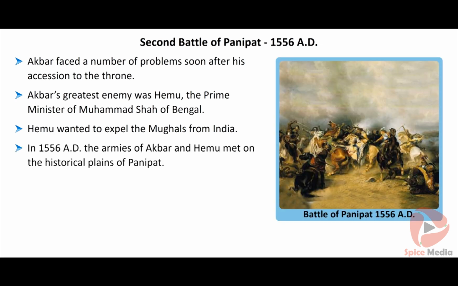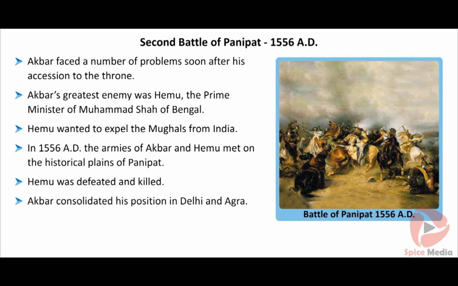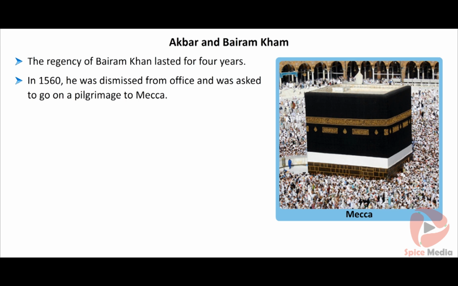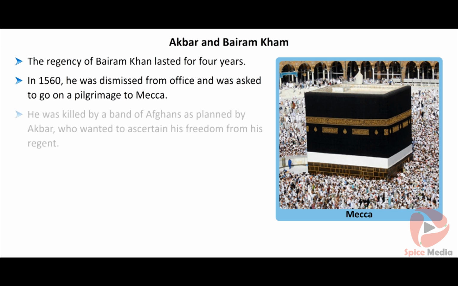In 1556 AD, the armies of Akbar and Hemu met on the historical plains of Panipat. Though Hemu was in an advantageous position, finally he was defeated and killed. Akbar consolidated his position in Delhi and Agra. The regency of Bairam Khan, which was responsible for the re-establishment of the Mughal Empire, lasted for 4 years. In 1560, he was dismissed from office and was asked by Akbar to go on a pilgrimage to Mecca. He was killed by a band of Afghans as planned by Akbar, who wanted to assert his freedom from his